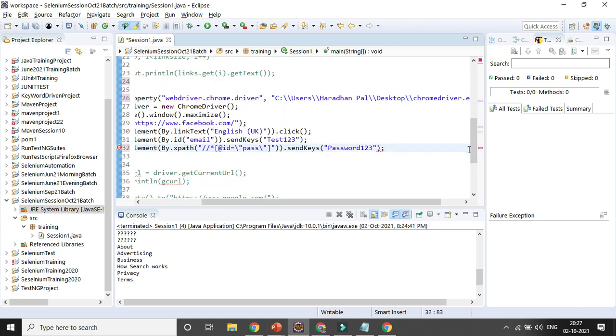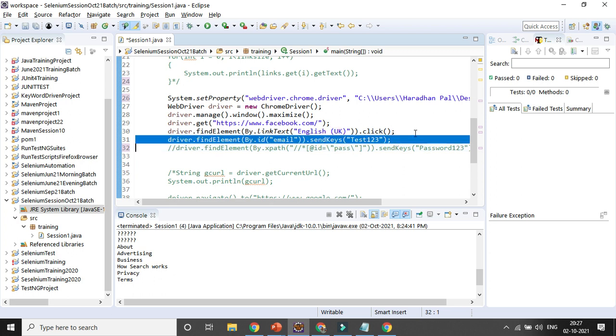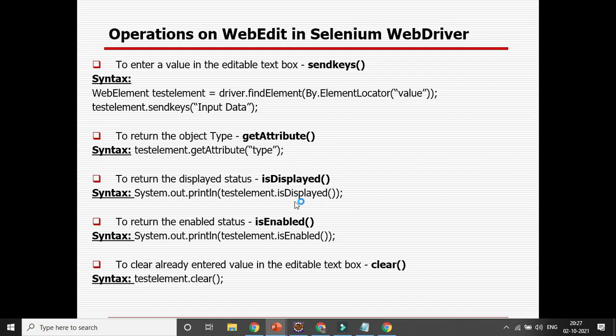You are already entering some value, so let's remove or comment out these lines of code. That part you already get after clicking on English UK. So I am clicking on the email field and entering the value, but I want to check whether the email field is displayed and whether it is enabled or not. After that I will send the keys. In case it is not displayed, there is no point in identifying it.